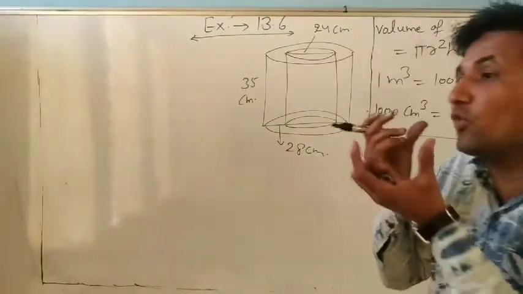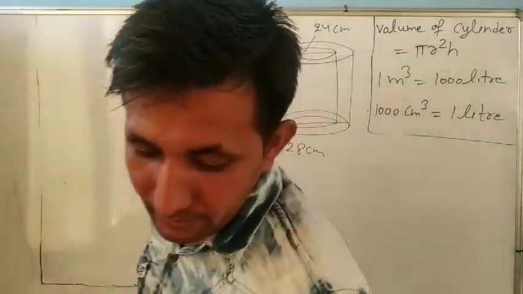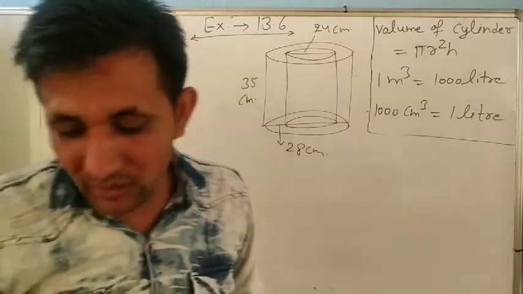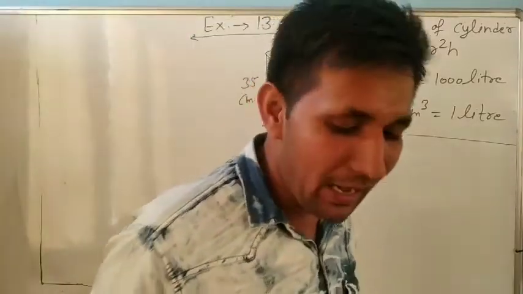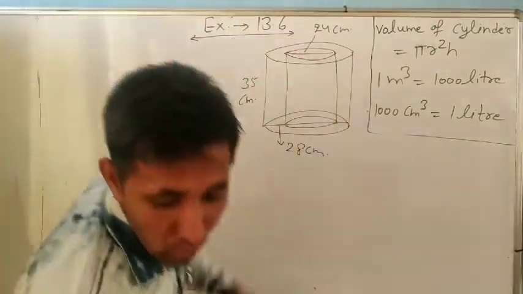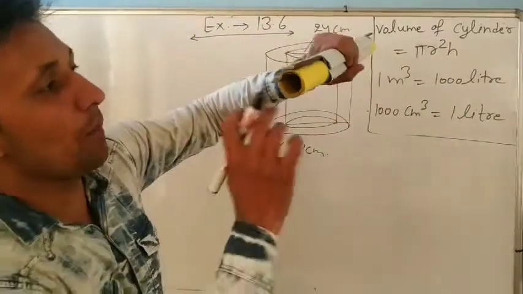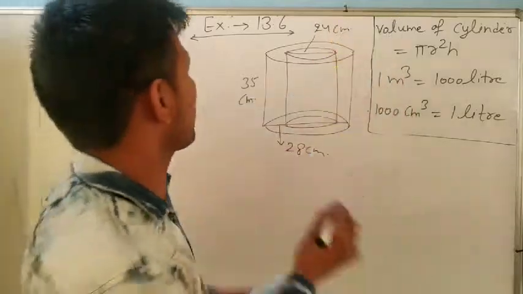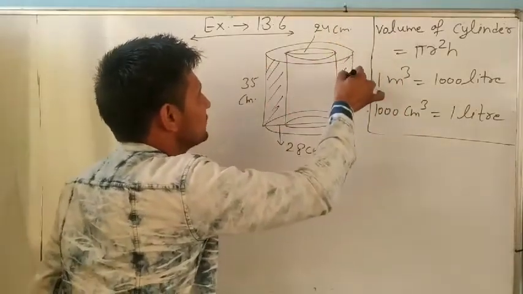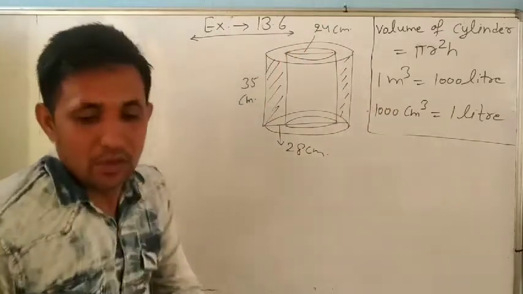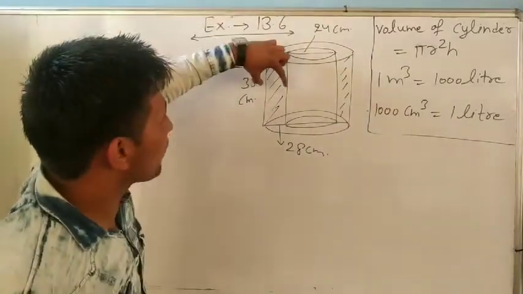Mass means find the weight of the pipe, if 1 centimeter cube of wood has a mass given. So always remember, it is a hollow pipe. Is wood being used here or not? The wood is used only here, this part. And tell me, if you want to find only this weight, how will you find it?